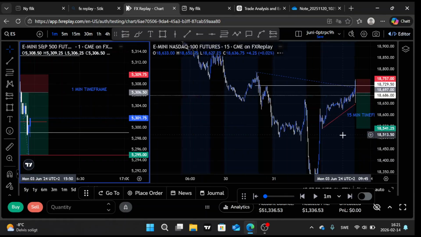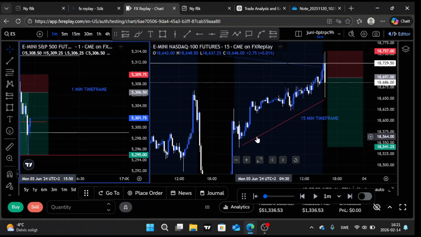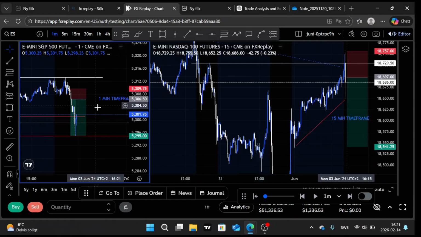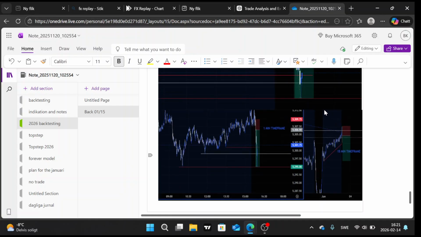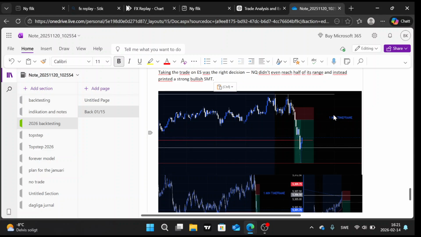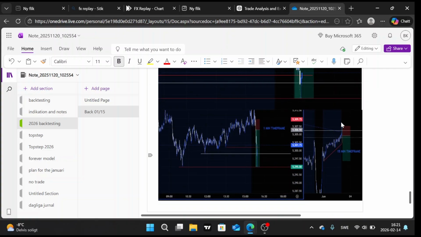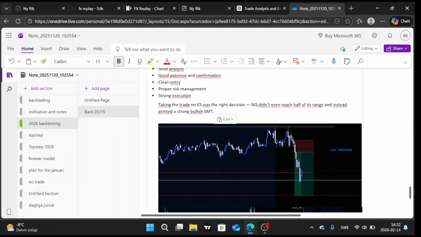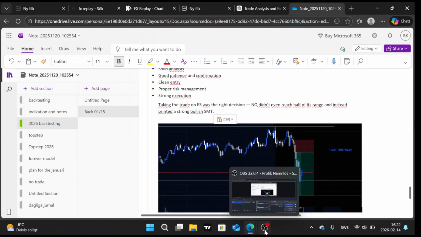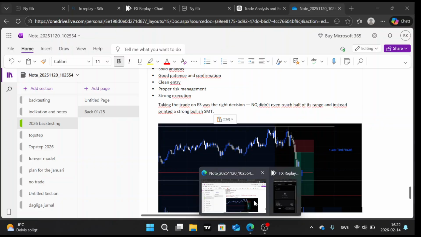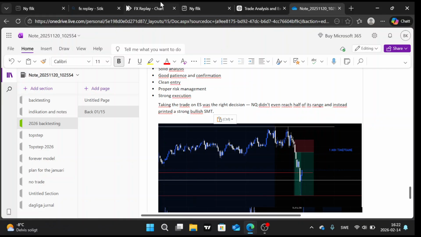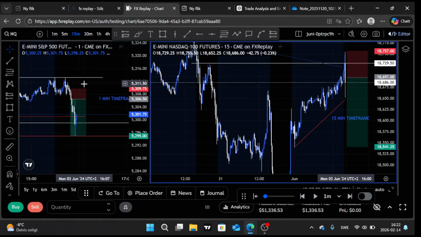We go back to NQ. Here's NQ, my friend. And here's ES. So I am very proud of myself to have this execution, this analysis. Oh my gosh, I feel like I'm ICT now. Jesus. So let's go and take another trade, because right now I feel like I don't need to take another trade. But still,